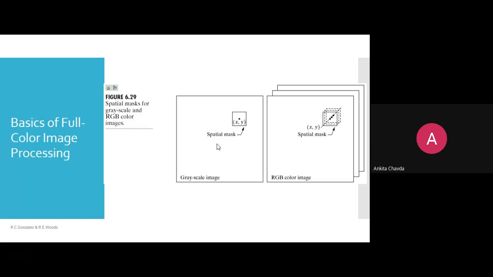You will take the 9 pixels, you will do the summation, and you will divide by 9. This is what you have done. But now if this is your RGB color image, and if we want to apply an averaging filter, then what you need to do,